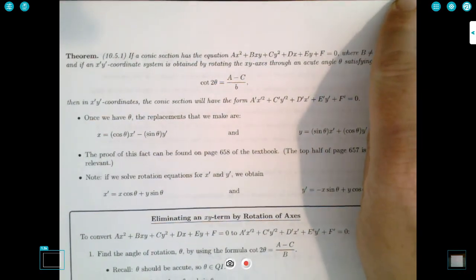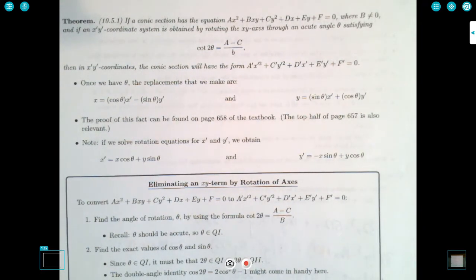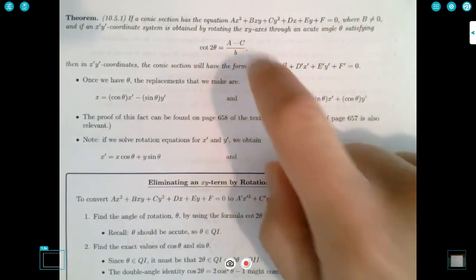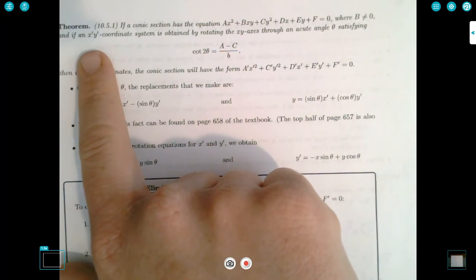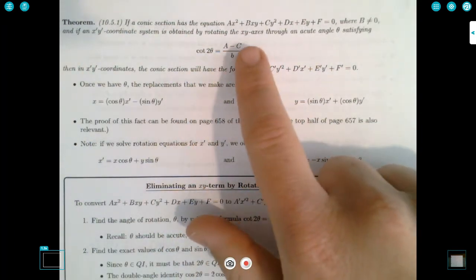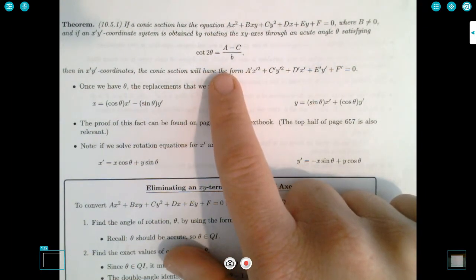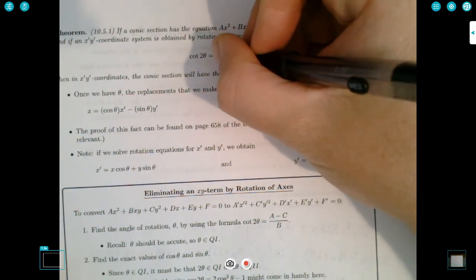This is theorem 10.5.1 in your textbook. If a conic section has the equation ax squared plus bxy plus cy squared plus dx plus ey plus f equals 0, where b does not equal 0, okay, so you have the cross product term, and if an x prime y prime coordinate system is obtained by rotating the xy axes through an acute angle theta satisfying cotangent 2 theta equals a minus c over b, that should be a capital B, a minus c over b,